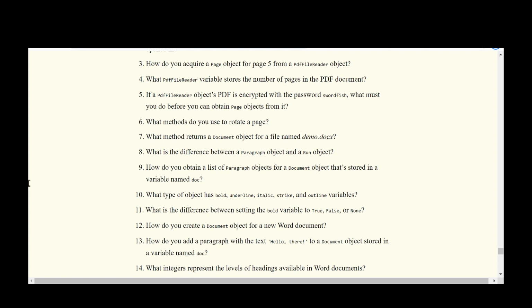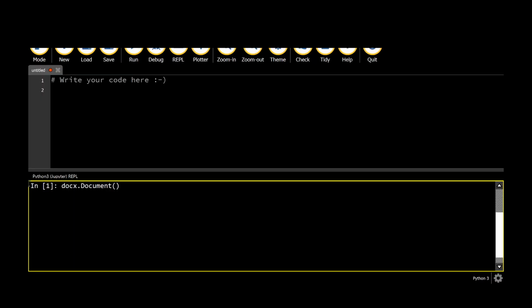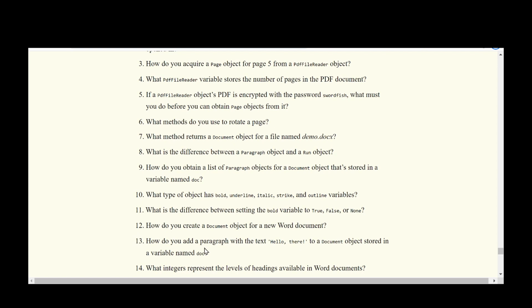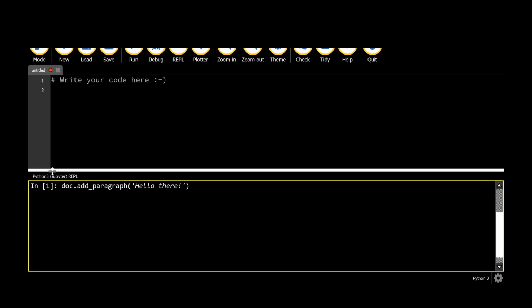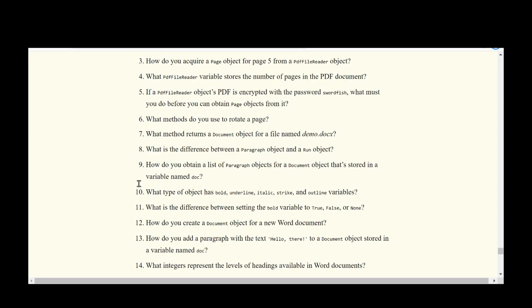How do you create a document object for a new Word document? So for that we would call document on docx. How do you add a paragraph with the text hello there to a document object stored in a variable named doc? So for that we would use the addParagraph method, which we call on doc, and we pass our string hello there as an argument to it. What integers represent the levels of headings available in Word documents? So for that we are going to use the integers 0, 1, 2, 3 and 4 respectively to reference the